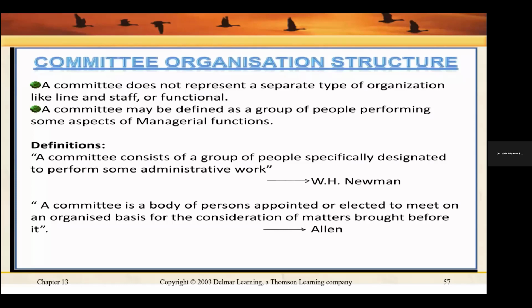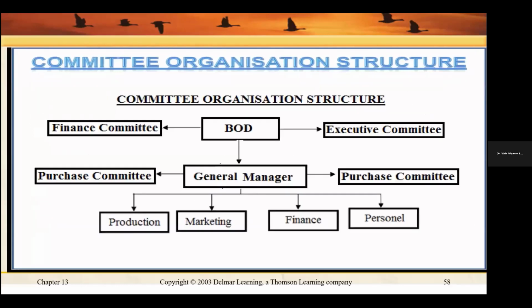And a committee is also a body of persons appointed or elected to meet on an organized basis for the consideration of matters brought before it. So these are the committees. We have the committee organizational structure. We have the board of directors. Then we have the finance committee, executive committee, purchase committee, whatever. So whenever we need something in the organization, we form a committee. So this person will come and